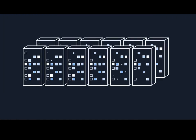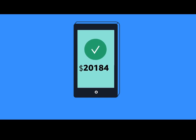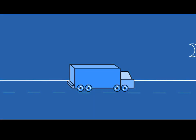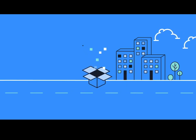When you own your own fleet of physical servers, you first have to do a bunch of research to see what type of servers you want to buy and how many you'll need. Then, you purchase that hardware up front. You'll wait for multiple weeks or months for a vendor to deliver those servers to you. You then take them to a data center that you own or rent to install them, rack and stack them,